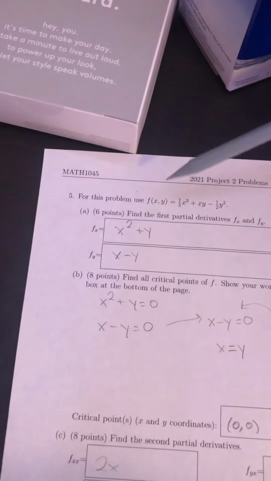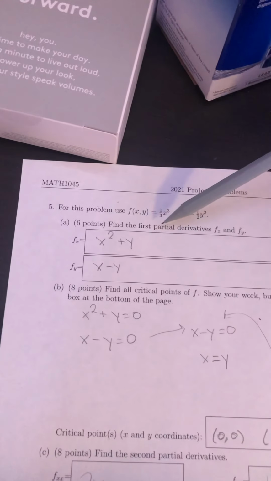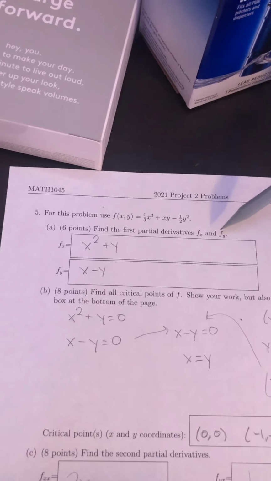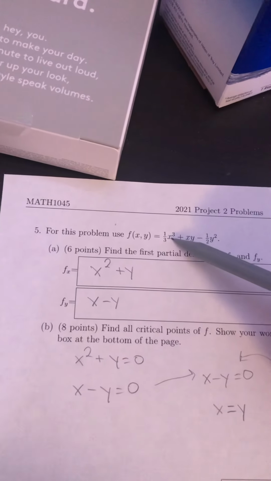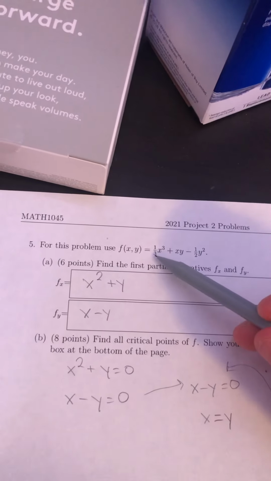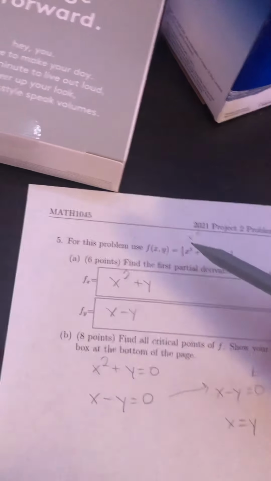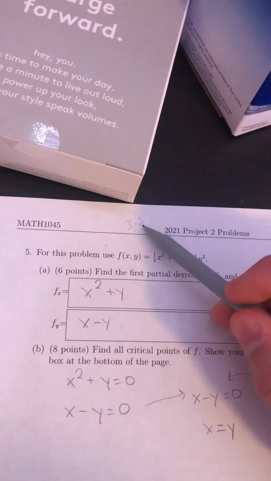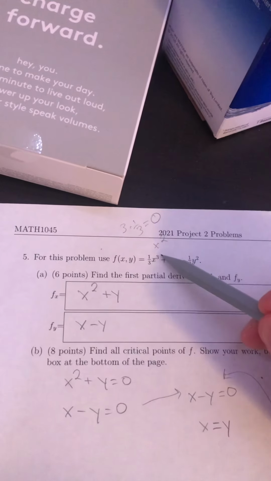Hello, for this problem number 5, to find the first partial derivatives f sub x and f sub y, first you have to take the derivative of this. Because x is alone, you have to multiply the 3 by the 1/3, which would just leave it as x squared. 3 times 1/3 cancels out to nothing, so then you're just left with x squared because you subtract 1